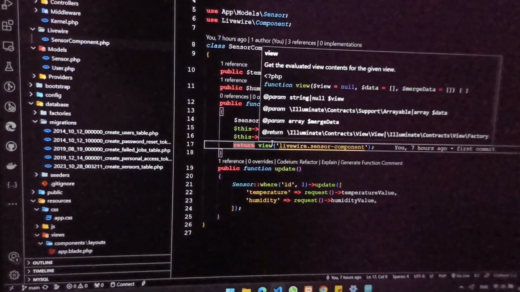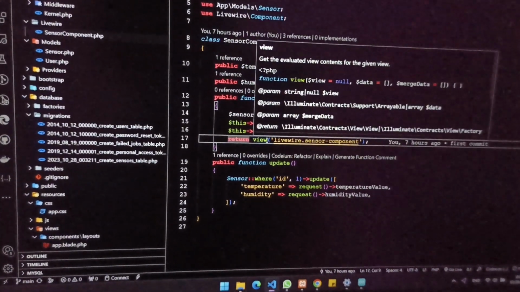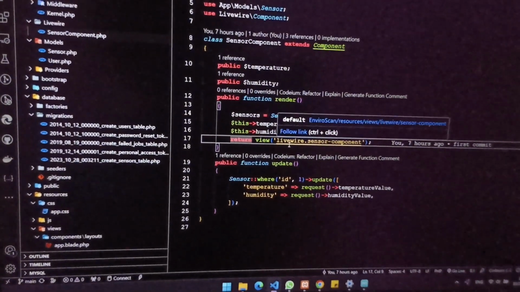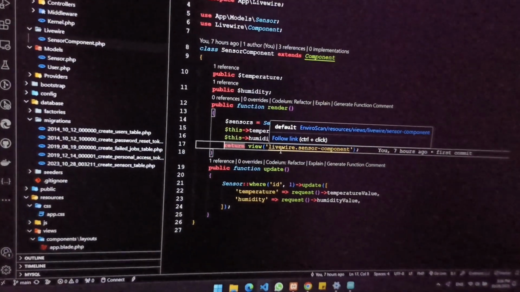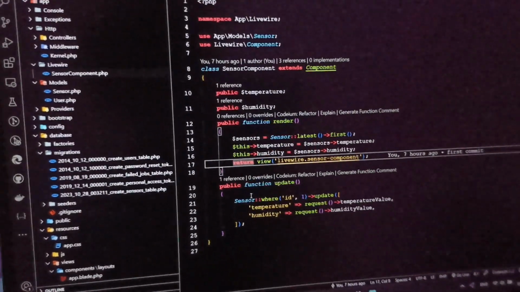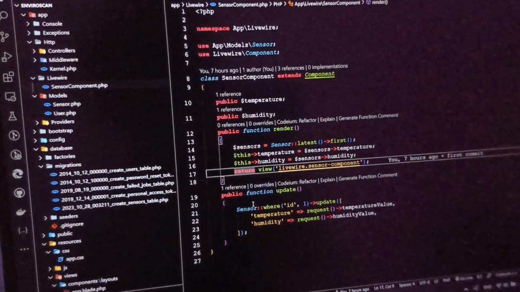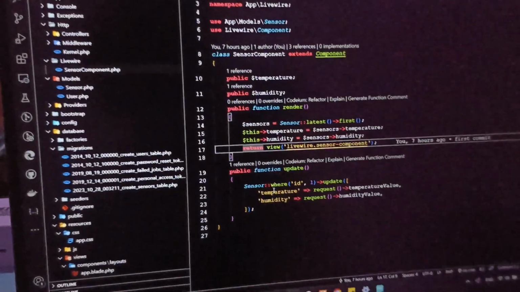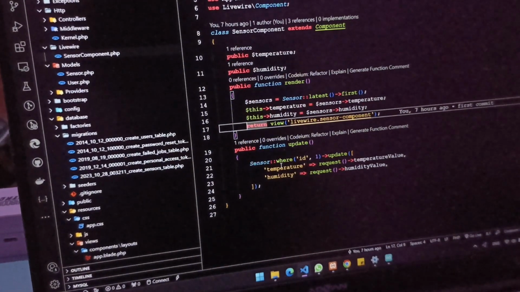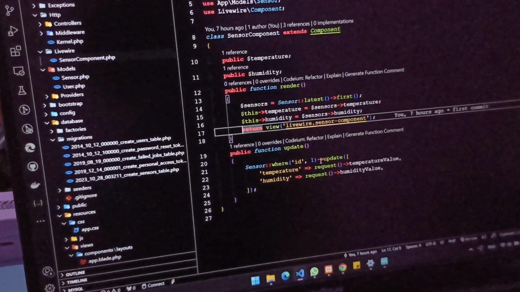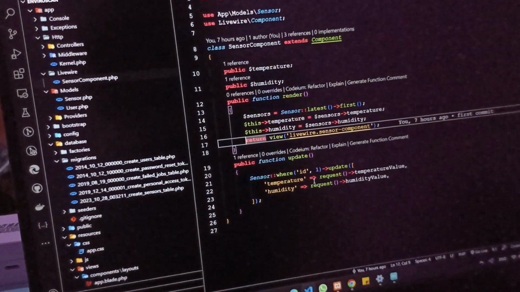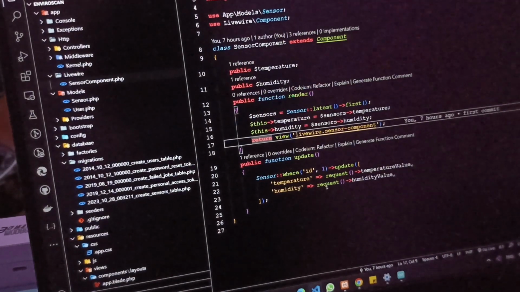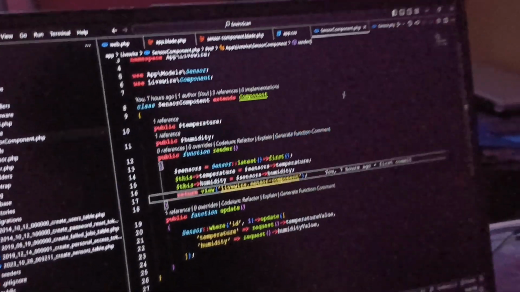And this is return to see content in Livewire, and this public function update this sensor where ID update this temperature, request is for temperature value, request for humidity value.